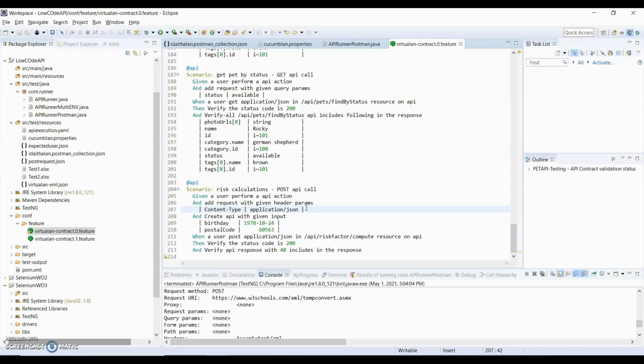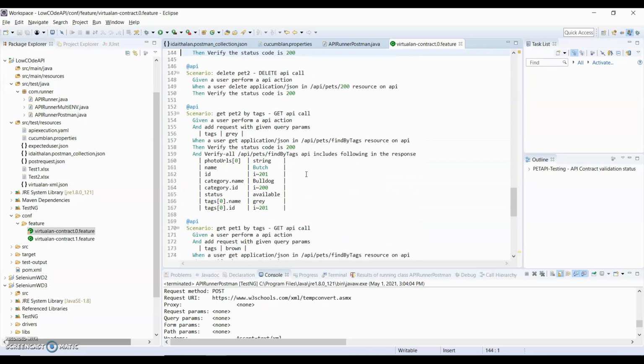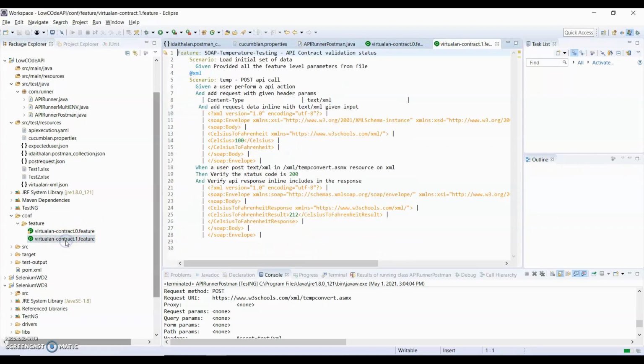I did not need to write any code. I just clicked the execute button, and the Postman collection was automatically converted to BDD. This is very good.